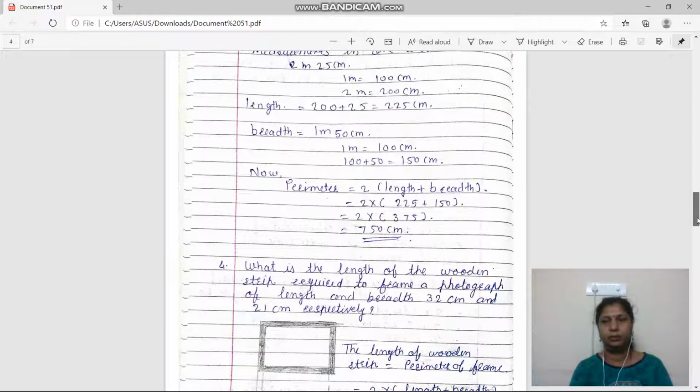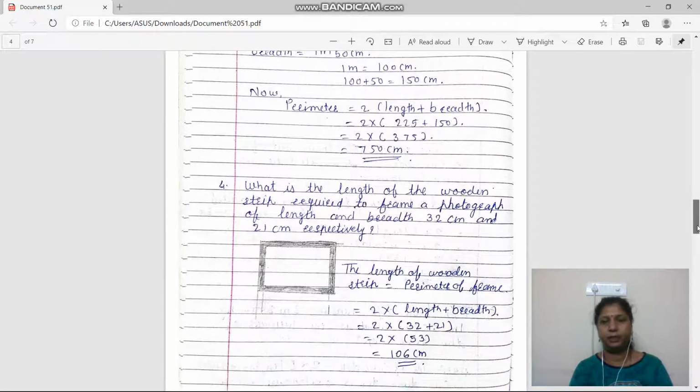So see, I have explained the fourth example. Up to this everyone is clear? You have to write properly. How I write the formula here, exactly below it we put its values and then the answer. The answer should be with the unit properly and it should be underlined. Get it? And when I complete one example, you have to leave one line. Write the sum or example properly in good handwriting. Get it, everyone?